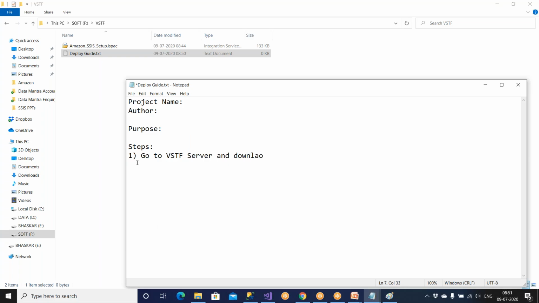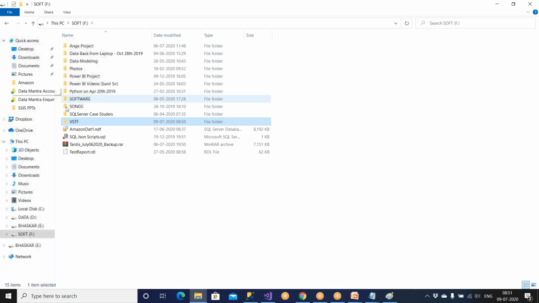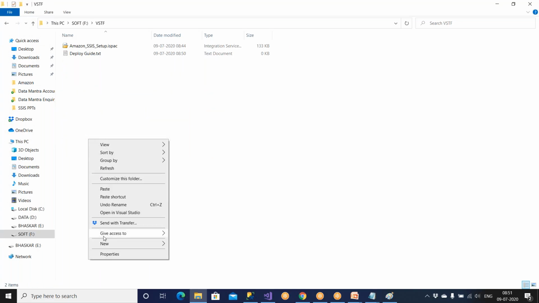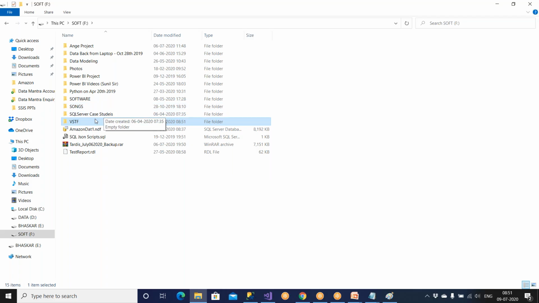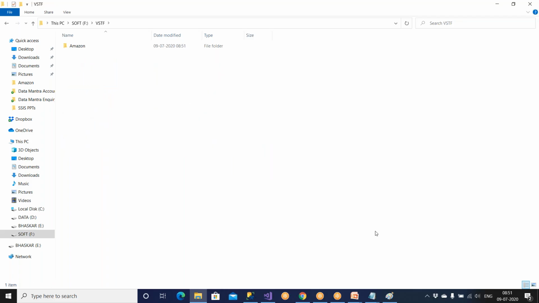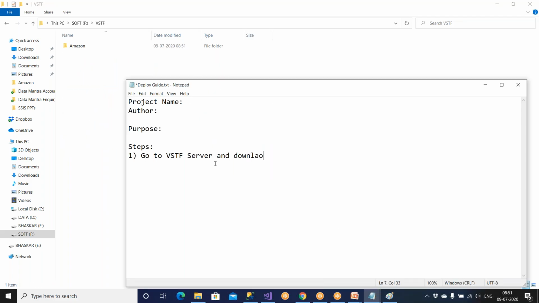Okay. So on the VSTF server, you may create a folder because VSTF will have a lot of projects. You may create a folder called Amazon. If you're doing it for Amazon, all these things will be available in the Amazon folder. Clear? In the VSTF, your company may have some other projects, so they can have them there. So you can tell them to go to the VSTF server and